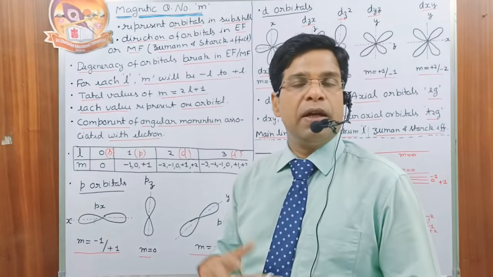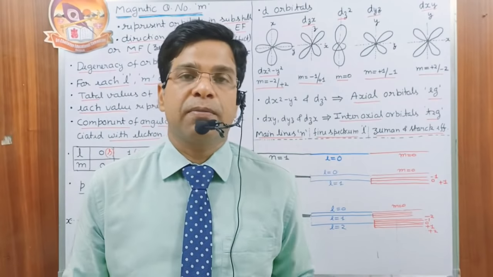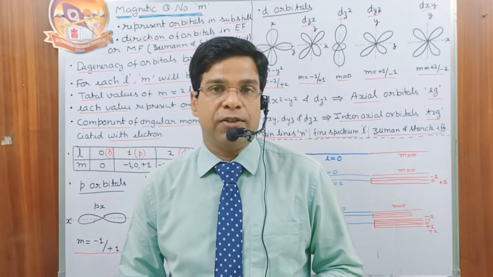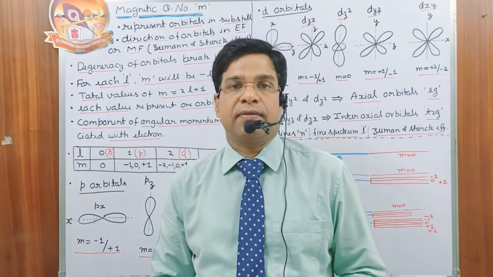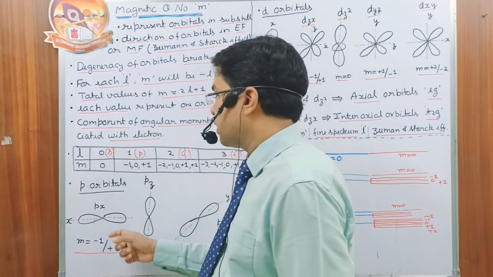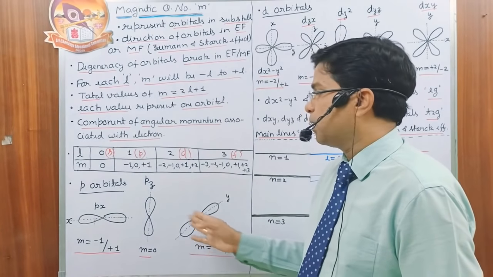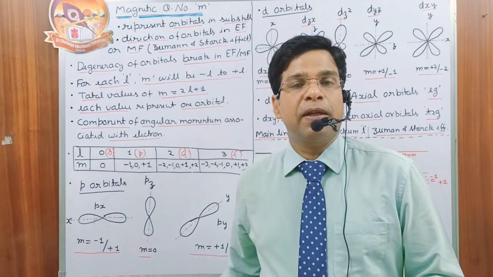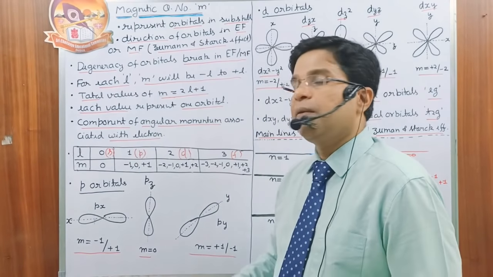Look, first the s orbital. The s orbital we know is spherical in shape, with no directional property. The p orbital is directional in nature. The value of psi depends upon the radius and any of the axes. If the value of psi depends upon the radius and the x axis, then that is called the px orbital. Then the py orbital, then the pz orbital. 3 orbitals are possible. For the pz orbital, the value of M is always fixed. If the orbital is given as pz, the value of M is 0.